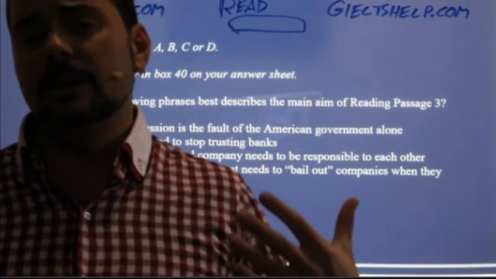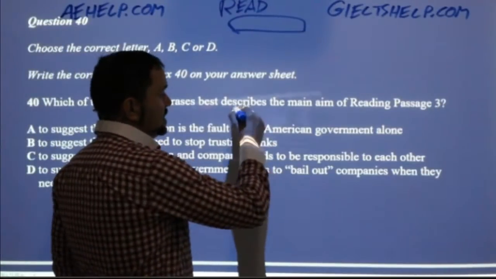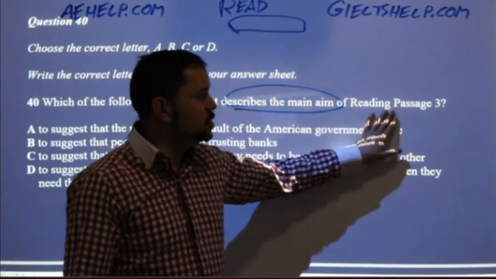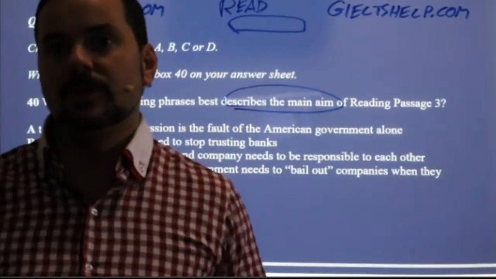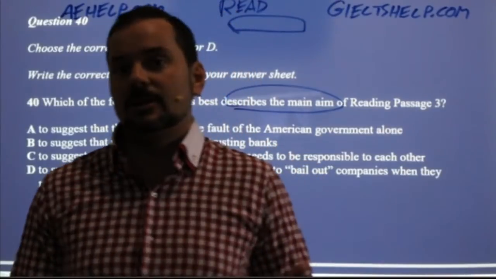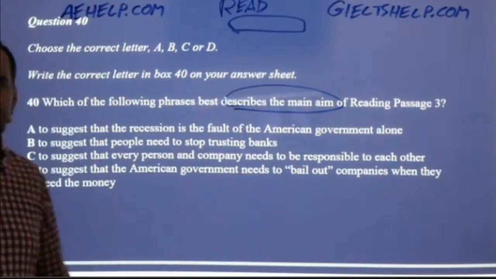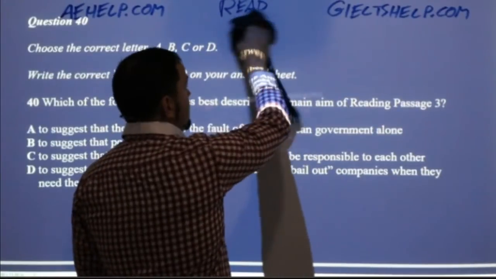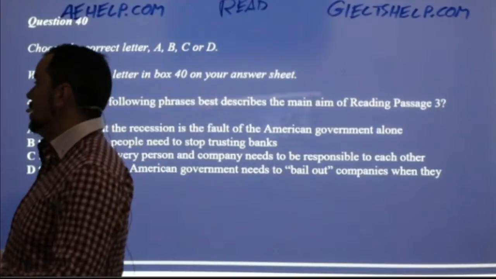It's virtually impossible to skim. Here I'm reminded about that. So this question is asking about the main aim, so the main goal of this passage. You cannot answer this kind of question by just skimming the passage. Okay, you can't explain what the main aim of a passage is by quickly skimming through it. Very difficult anyway. Okay. All right. So now we have a little more of an idea. So let's read this passage and then we will answer the questions.